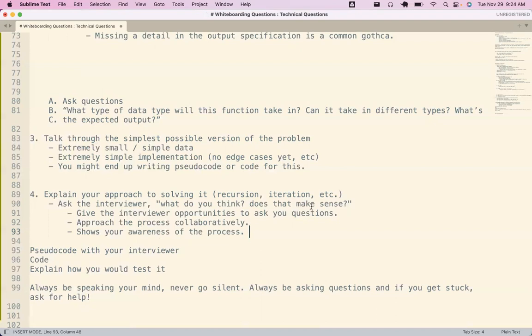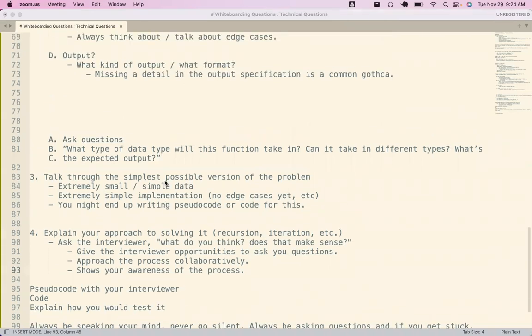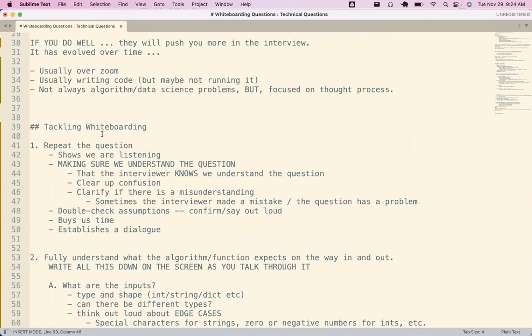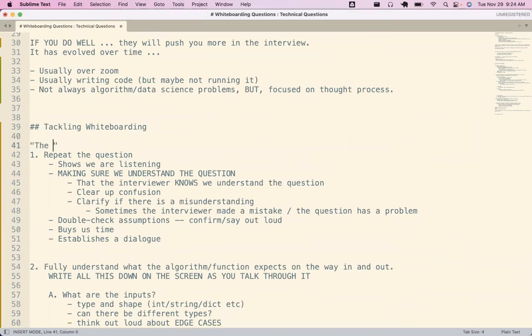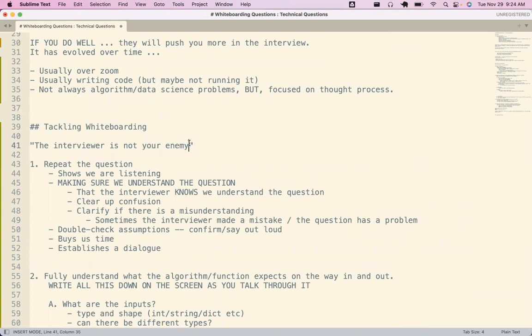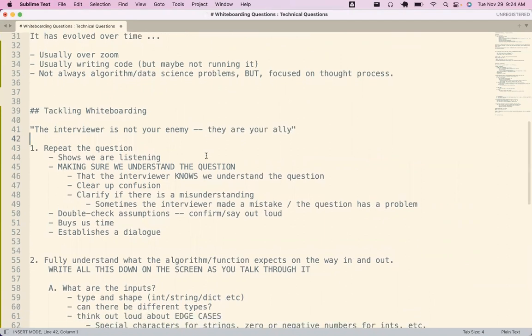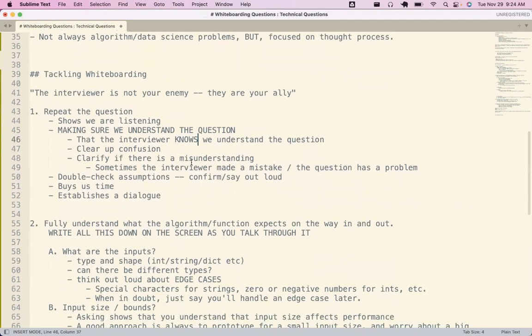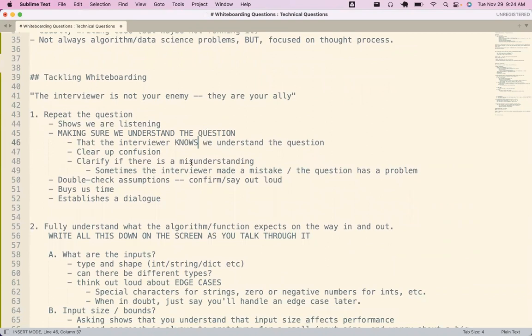Any questions? Great question, Lily, how to do this in 15 minutes. And Icarus, great point. The interviewer is not your enemy. I think I'll put that one up there. They, in fact, are your ally. Sometimes you might get an interviewer that's not the best ally, and that takes practice. And to be honest, that also might be a sign that that workplace might not be the right fit. Sometimes it's also simply luck of the draw with the interviewer.